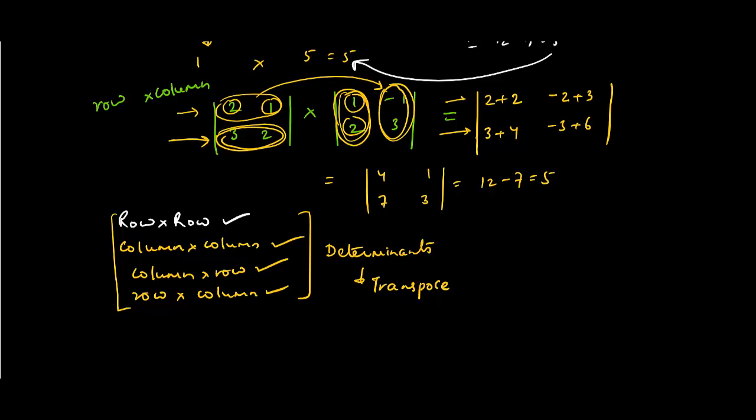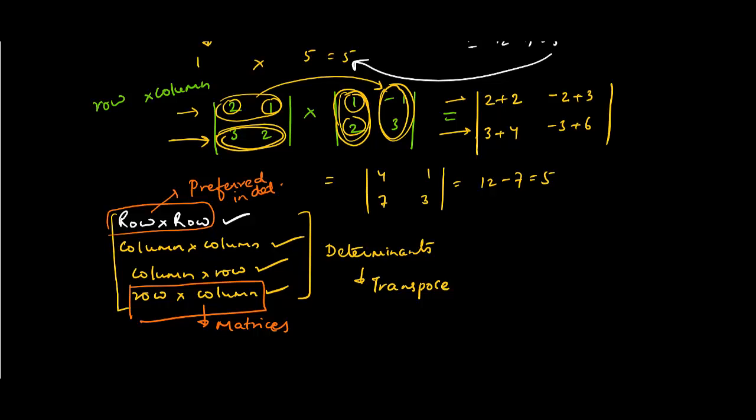रो कॉलम से इंटरचेंज करने पे कोई फ़र्क नहीं पड़ेगा, तो इसीलिए हम रो इंटू रो मल्टीप्लाई करें चाहे कॉलम इंटू कॉलम मल्टीप्लाई करें, इट डज नॉट मेक एनी डिफरेंस. हाउएवर इन केस ऑफ मैट्रिसेस, जब हम बाद में सीखेंगे, तो मैट्रिसेस में दिस इज फिक्स्ड. मैट्रिसेस में यू कैन ओनली गो फॉर दिस वन. दिस इज फॉर मैट्रिसेस. एवरीथिंग एल्स वुड बी इनकरेक्ट. तो मैट्रिसेस में देयर इज अ फिक्स्ड अप्रोच. आई कैन ओनली गो फॉर दिस स्ट्रैटेजी. बट इन केस ऑफ डिटर्मिनेंट, I generally prefer row into row. This is preferred in case of determinant. Mathematically everything is correct, but this is preferred, and this is correct in case of matrices.